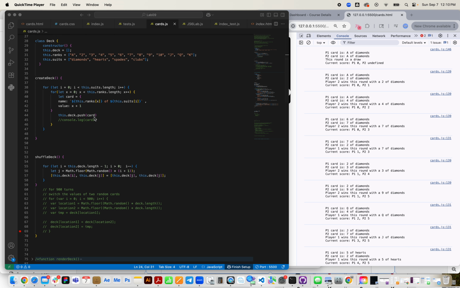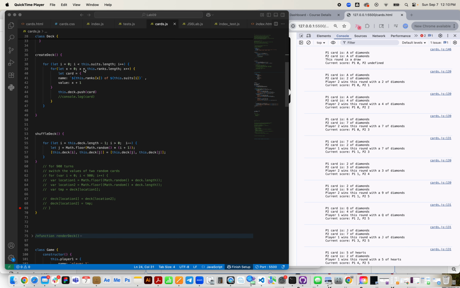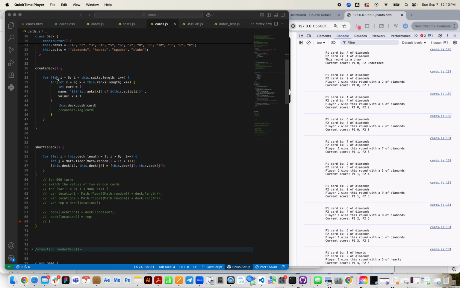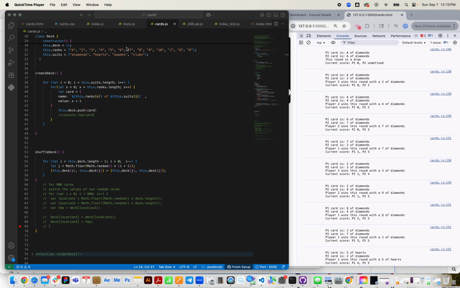So the first class is the deck class, and it has both the suits and the numbers, and then these get assigned a value later on. The create deck is basically a loop inside of a loop. So you have the for loop for the ranks, and then you have another loop that goes into the suits. So you're going through these for the diamonds, then you're going through them again for the hearts, yada yada, for